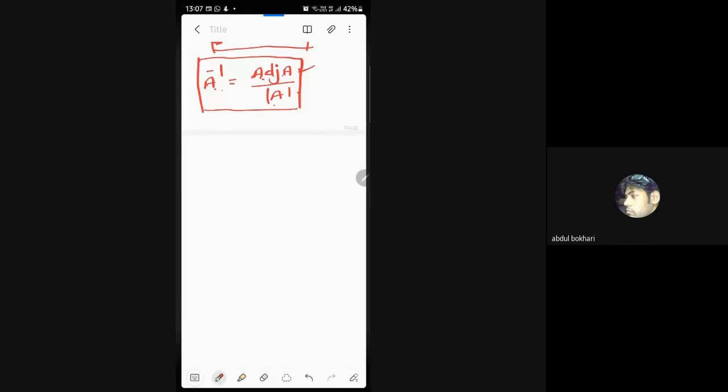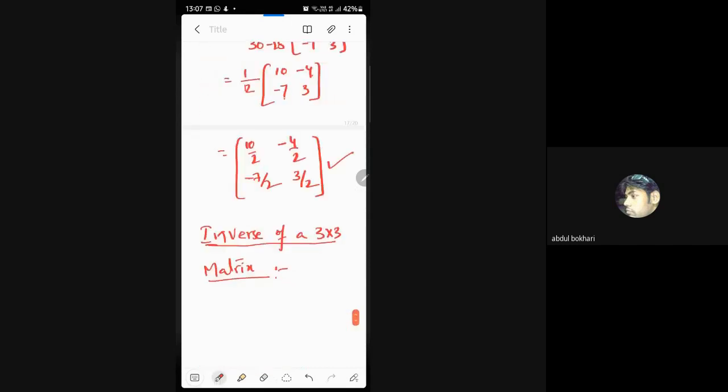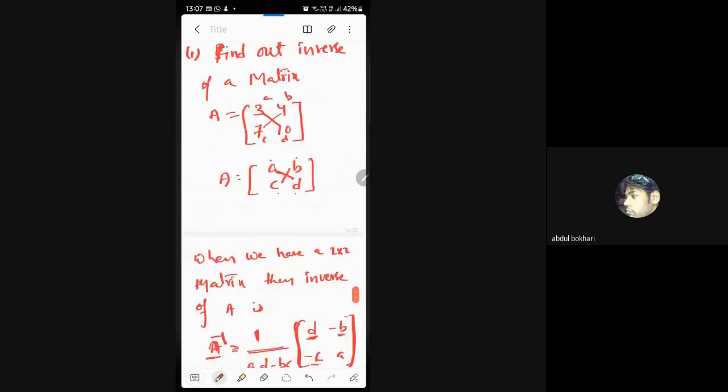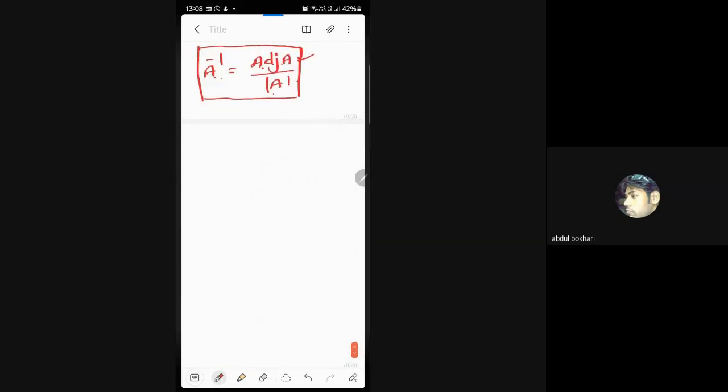Sir, det A, if det A is equal to 0, then we cannot move forward with the problem, no, sir? Is that concept applicable here also, sir, in the inverse method also? Yes, here also. I am going to explain it in the example. Okay, thank you, sir. Whether it is Cramer's method or inverse method, if your det A is equal to 0, then we cannot proceed further, whatever method it is. Anyway, it will come again in the example, don't worry.